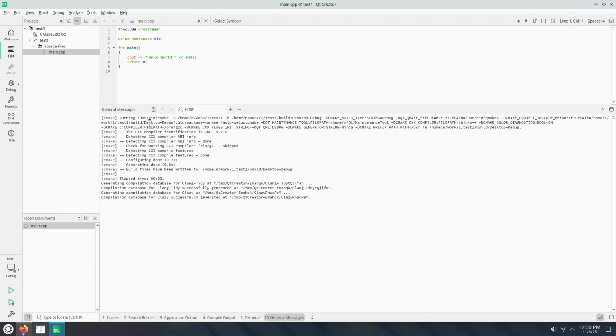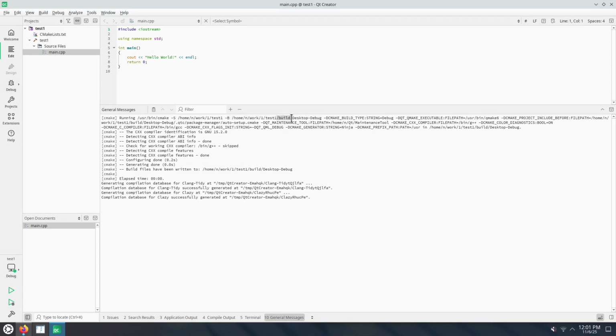So it automatically ran cmake -S full path to the directory where we have the source code. And then as build directory, it uses the one that we have chosen previously. So the Desktop-Debug subdirectory